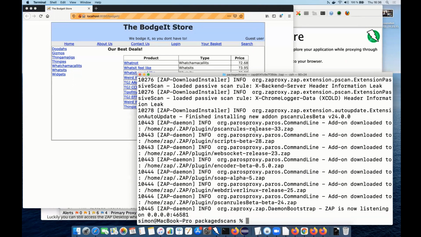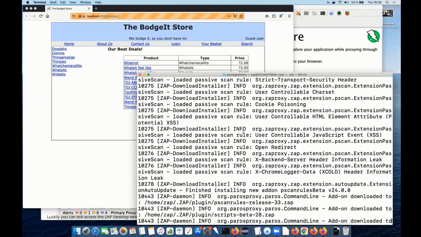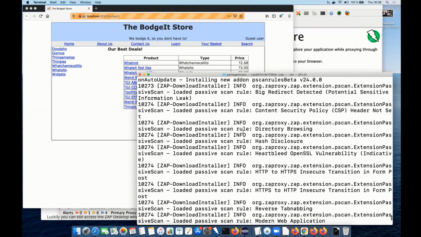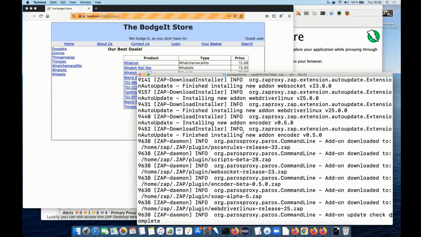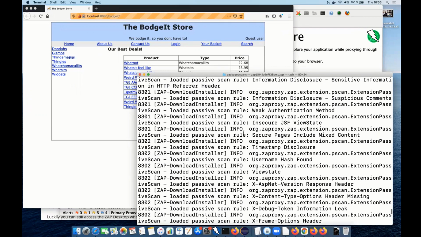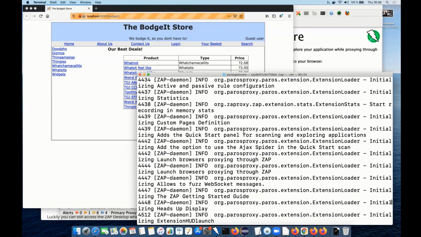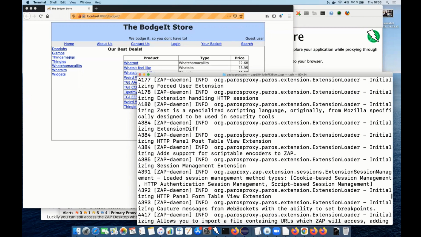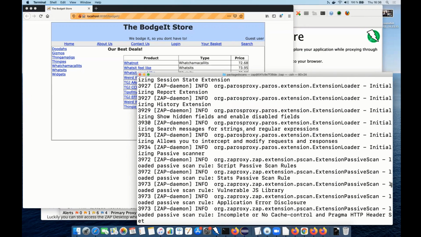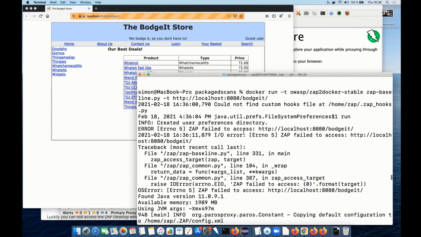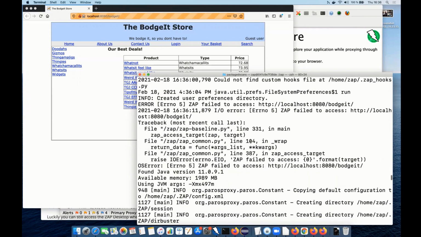We've got a load of stuff dumped out on the screen, and this is actually the ZAP log. If there are any problems with the package scans, we dump out the zap.log file so you can see if there are any potential issues flagged in there. If I scroll up to the top, after a lot of messing around, we have a stack trace, and ZAP failed to access localhost 8080/Bodgeit,